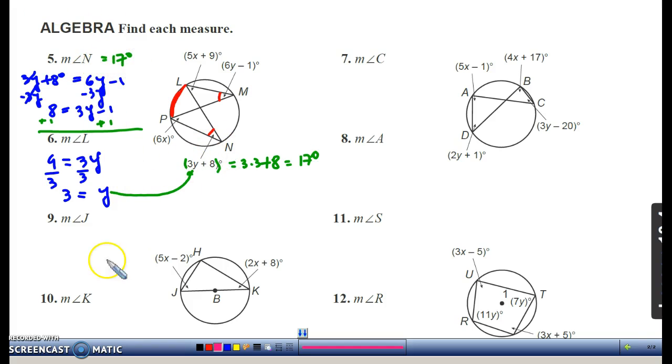17 degrees. Similarly, I'm going to find the measure of angle L and the measure of angle P. These two interior angles subtend the same arc MN, make these two here. Meaning these two angles, L and P, they see the same angle. If they see the same angle, they are going to be congruent, these two. So what we do next is make this measure, 5x plus 9, equal this measure, 6x. Solve for x. When I have x, I plug it in here, and I have L, the measure of angle L, and the measure of angle